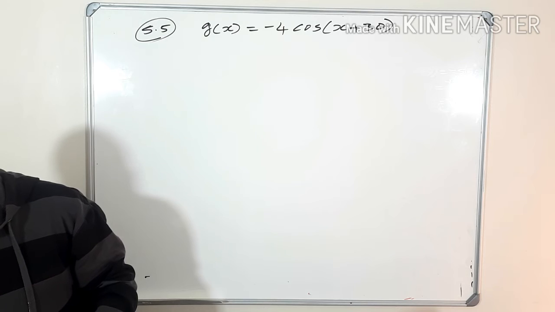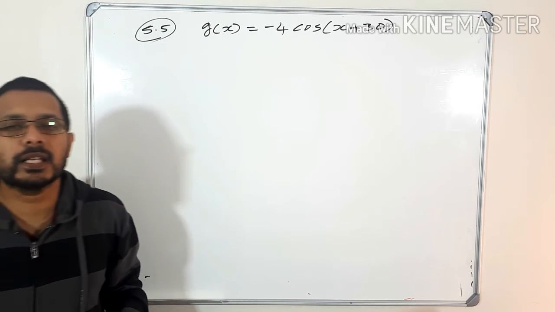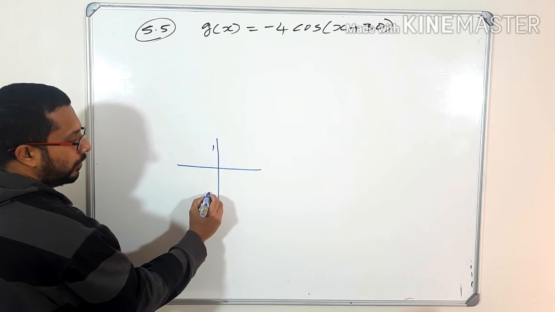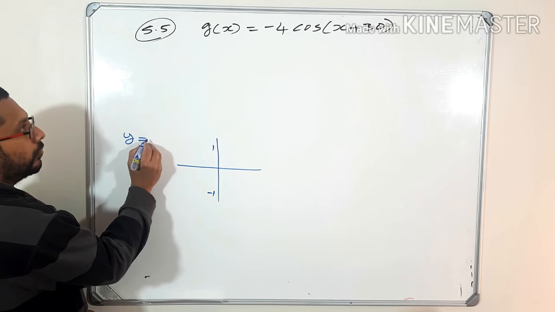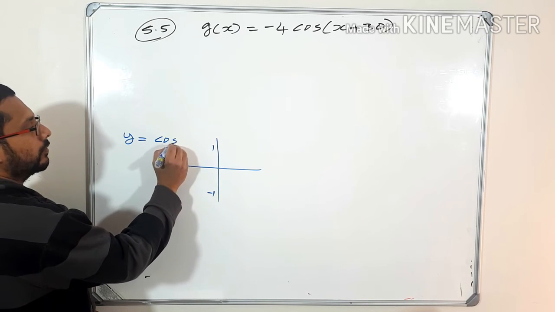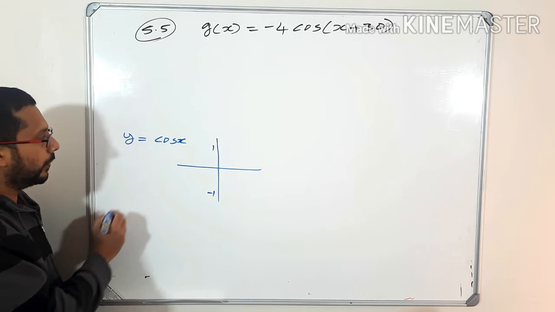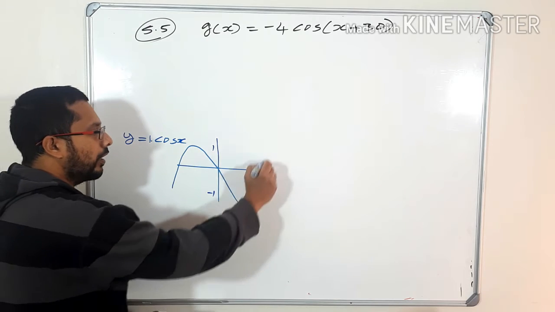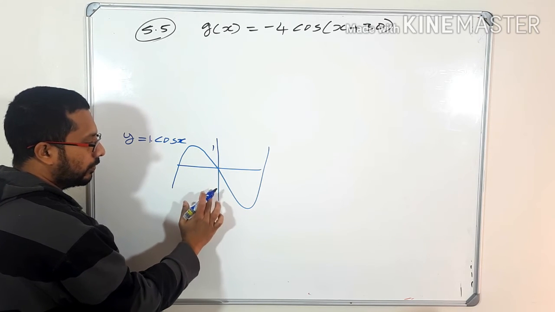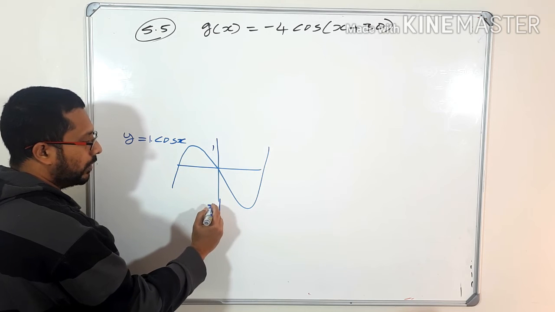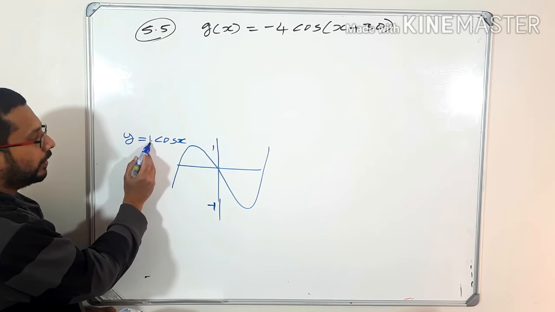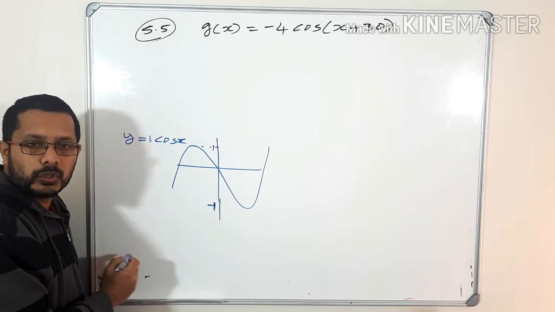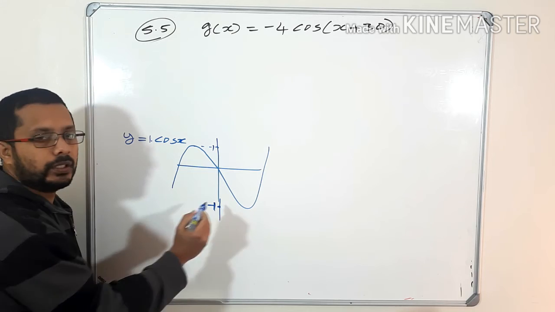What is the meaning of amplitude? What you studied in your class? Amplitude means, for example, this one. Here this value is 1, this is minus 1, for y is equal to, let's say, cos x. So y is equal to cos x means that here the amplitude is 1. If I try to draw this graph, this is a rough graph. This is minus 1. So here you can see that the amplitude is 1. So in this graph, when you draw, the maximum value is positive 1 and the minimum value is negative 1.